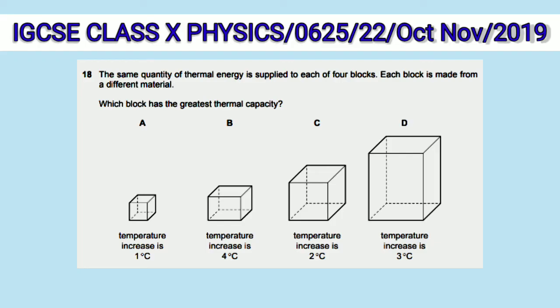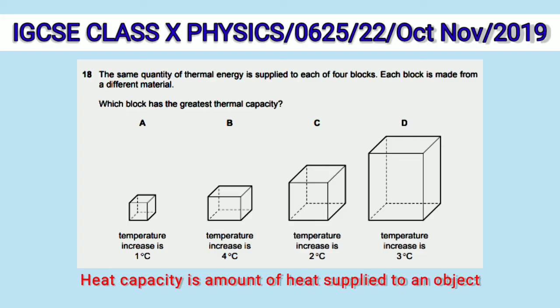Each block is made from different material. Which block has the greatest thermal capacity? Thermal capacity or heat capacity is the amount of heat supplied to an object to produce unit change in its temperature. The given blocks are made from different material, but they have been given same amount of thermal energy, which